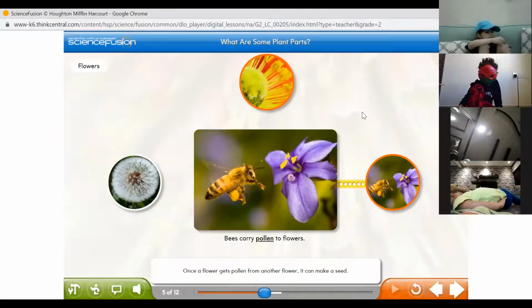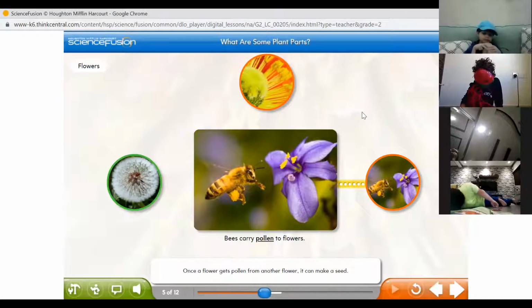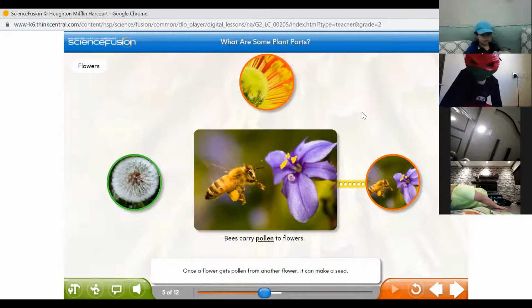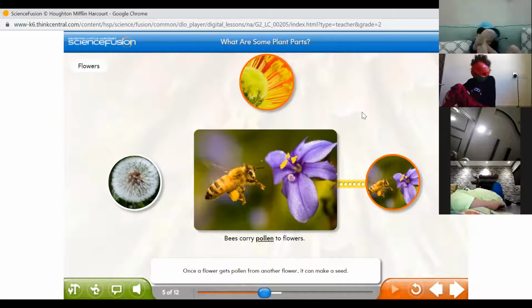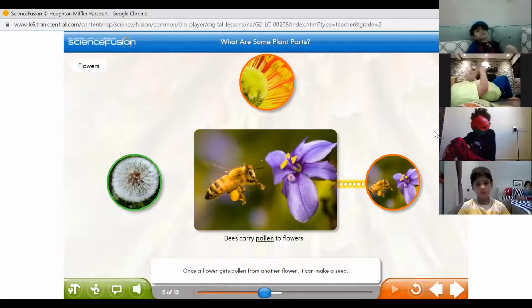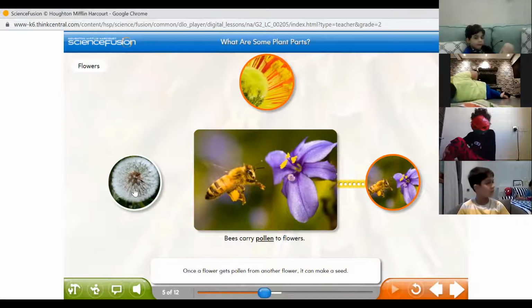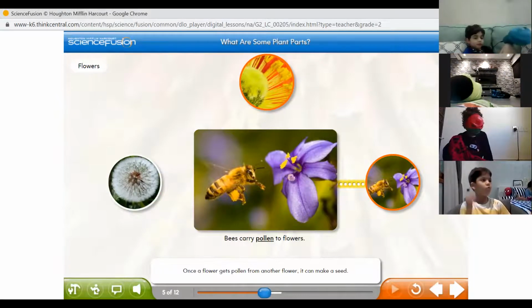Butterflies take it too. Sorry, again? Wind can take it too. I'm sorry, your voice is a little bit low. Okay, butterflies can take it too. Oh, yes, exactly. Butterflies can take it too. So not only bees, insects and butterflies can take the pollen to another plant, so another flower, so they can